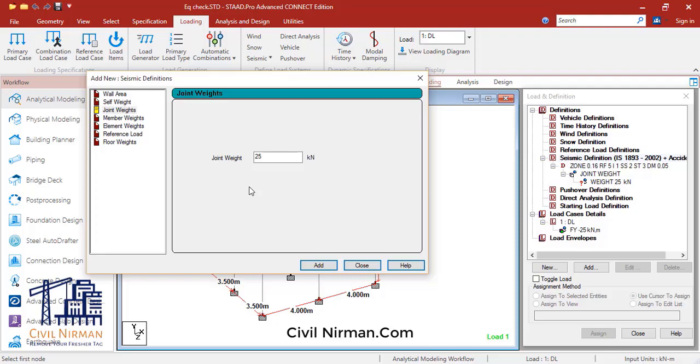load is less than or equal to 3 kilonewton per meter square, then you need to consider 25% of live load. If it is greater than 3, you can consider 50% of the live load. And